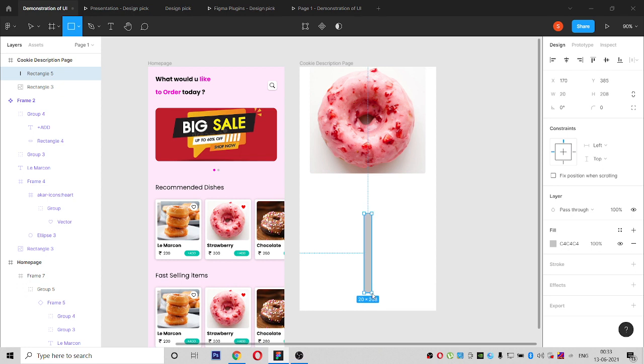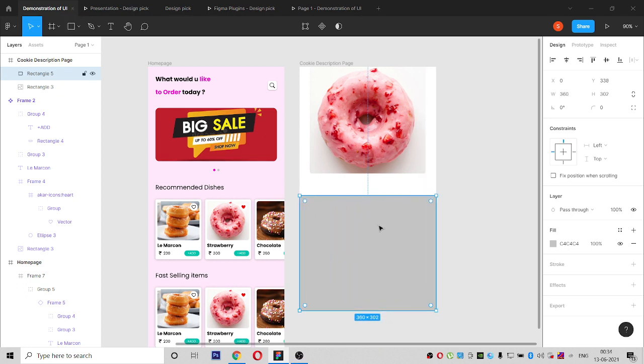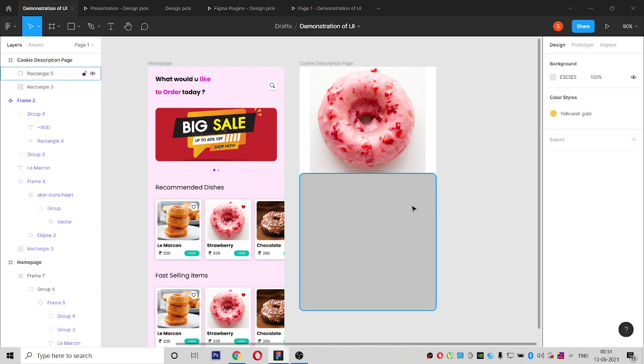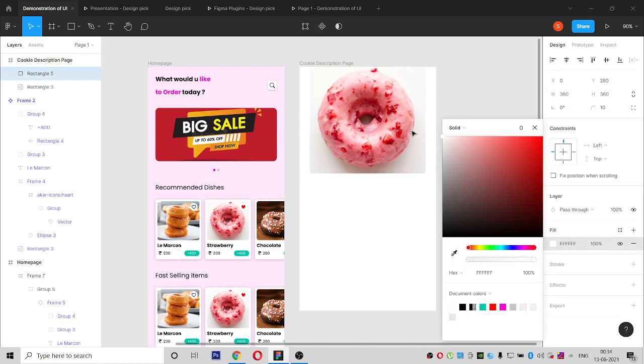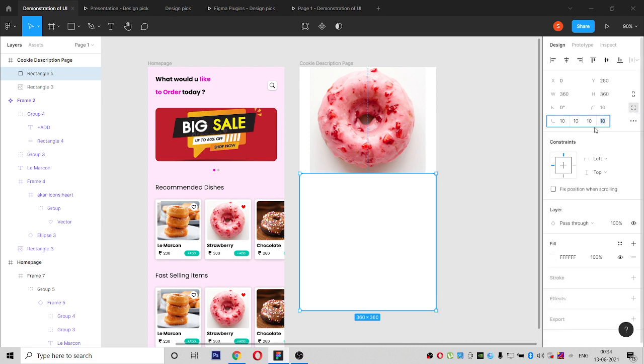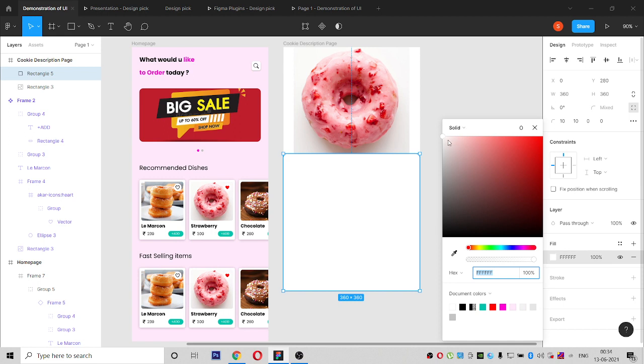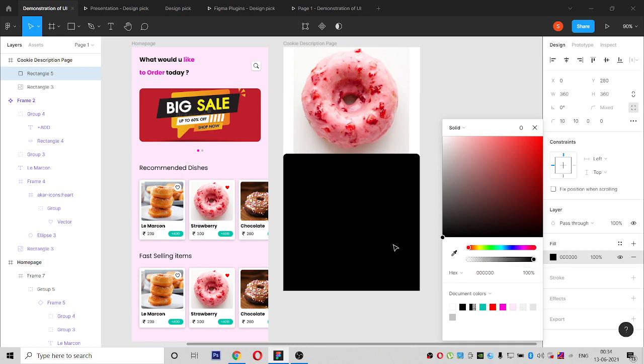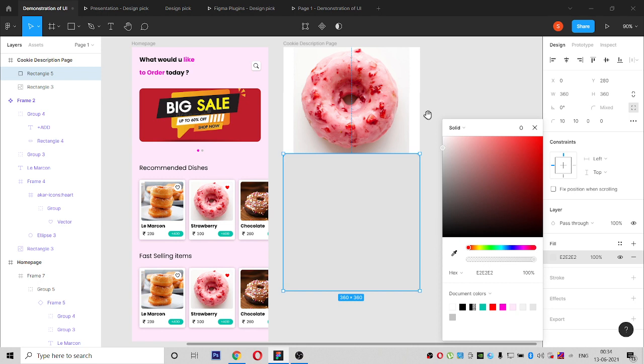Keeping those things in mind, first we have to show a description box, and where we are going to place it. So for now I'll make this white and give corner radius. On all sides it's 10, but it should not be on all sides, it should be up to this frame. Let it be in gray, it's not differentiating any color, let it be gray itself.